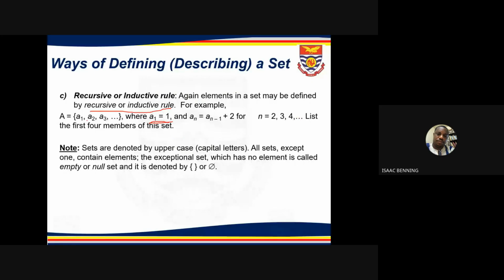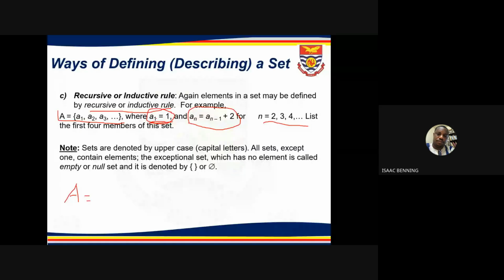So this will mean that a formula has been given for that set. And a few pieces of information have also been given about the set: the initial value, and also the domain, with which we can describe the set. So if you really want to know set A, then what we should do is use this formula.